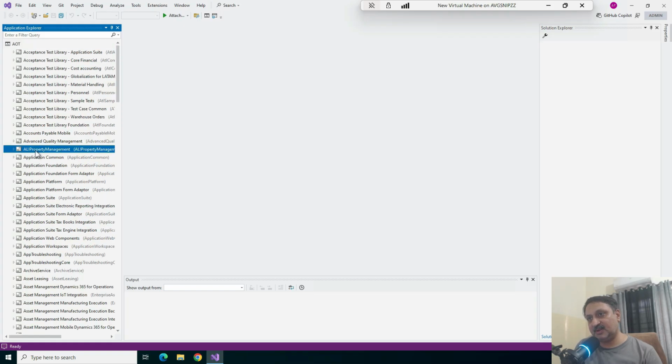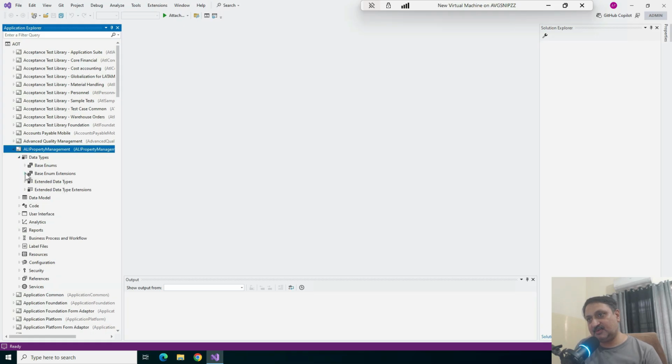You can see Ali property management. Currently there is nothing in it, everything is empty. As we move forward, we add objects inside this module. So now the next step is how we can create a package. For the package, I click here, next,